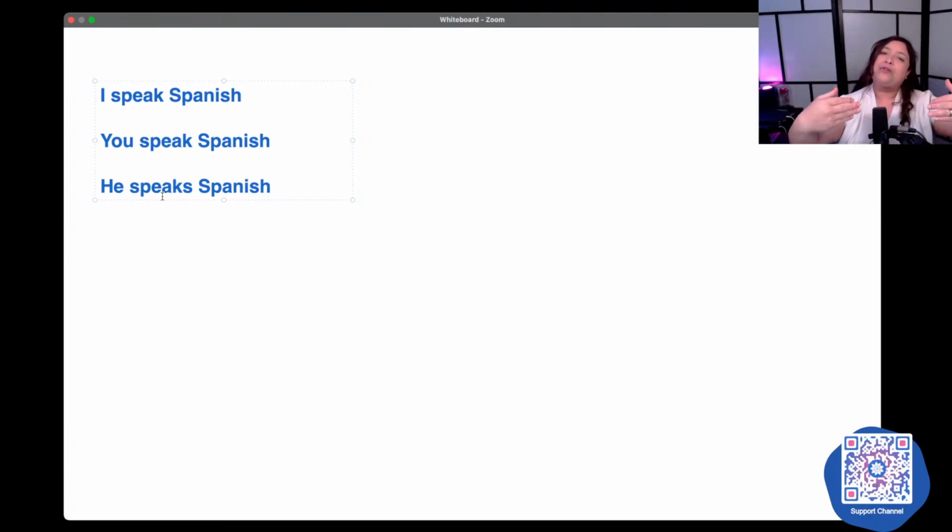This is an example of verb conjugations.